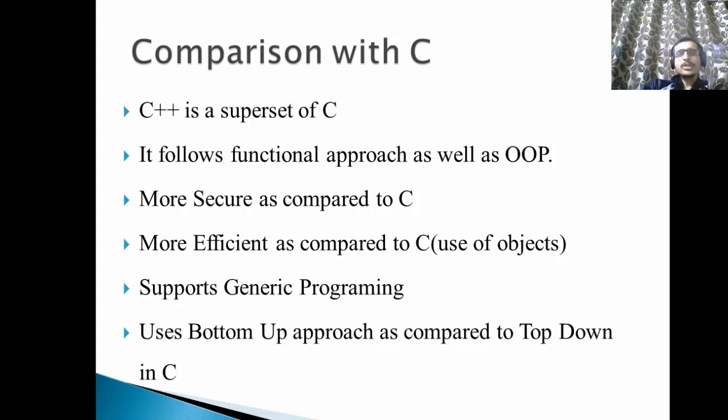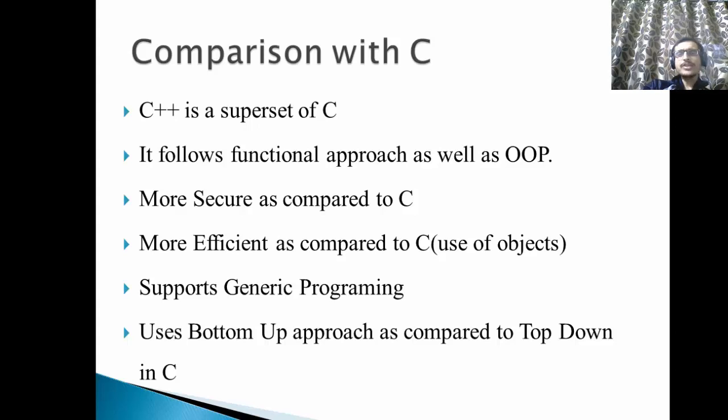It is more secure as compared to C. Security in terms of data hiding, in terms of hiding the variables. We cannot directly access the variables at any place, so it is more secure. In C there is a concept of global variables, where any function can access the global variables at any point. It is not a good practice, because anyone can change that particular variable, and it can hamper the software. In C++ there is a concept known as data hiding that makes this programming language a bit more secure as compared to C.